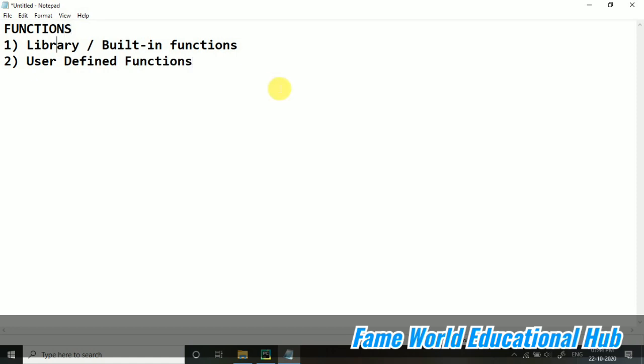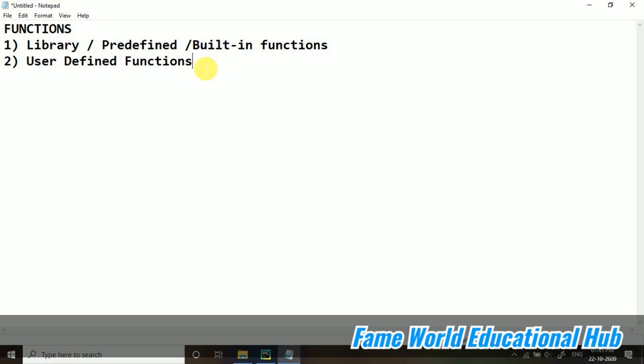You can also call them predefined or built-in functions. The functions which we have used till now were the library, predefined or built-in functions.